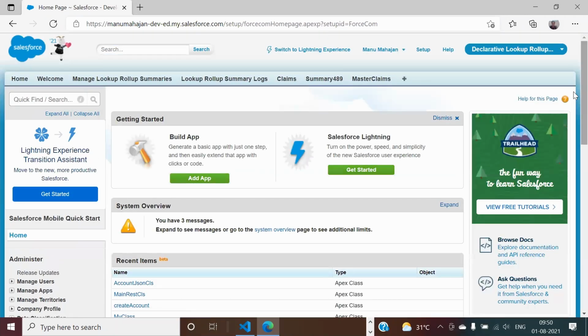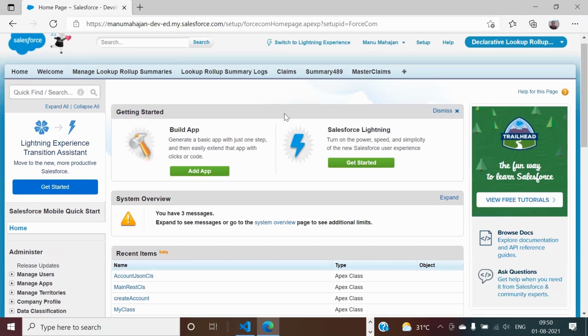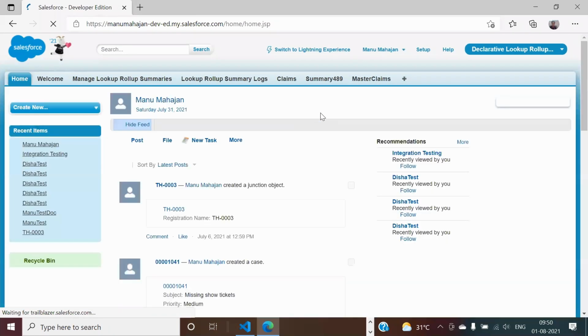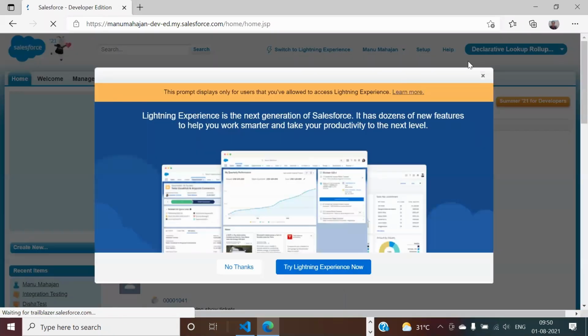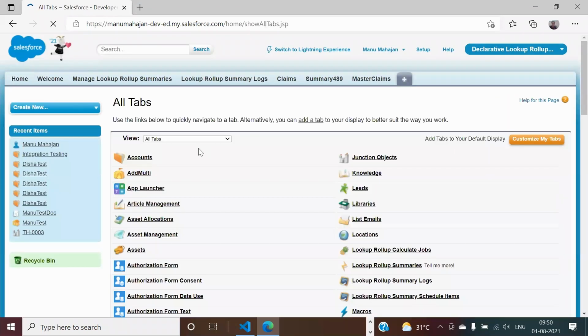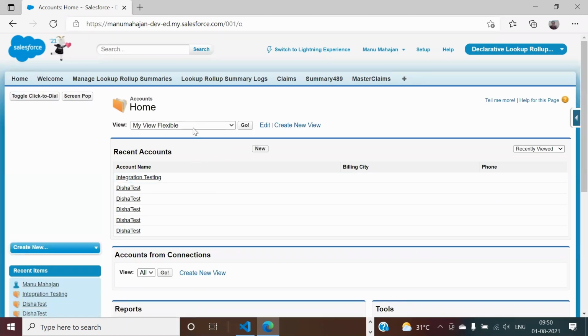Yeah, so this is my other org. There should be an account object. We just want to check the example. If you see, certain accounts I inserted yesterday also for testing purposes. So now we will create a new account, maybe we will name it account demo testing.